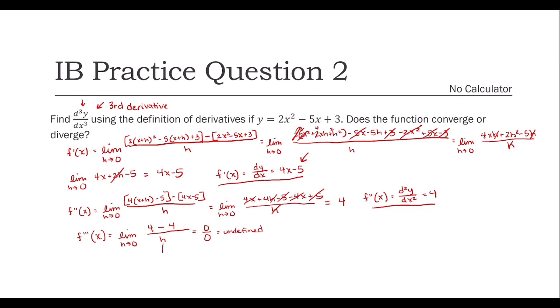But if we think about as h gets closer and closer to 0, it's going to gradually get closer and closer to 0. So we'll say that f triple prime of x equals d cubed y dx cubed, which equals 0. So that is our third derivative, which makes sense because if we use our power rule for 2x squared minus 5x plus 3,